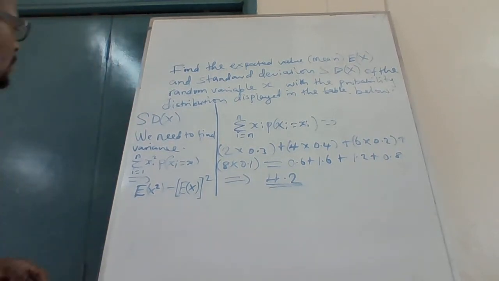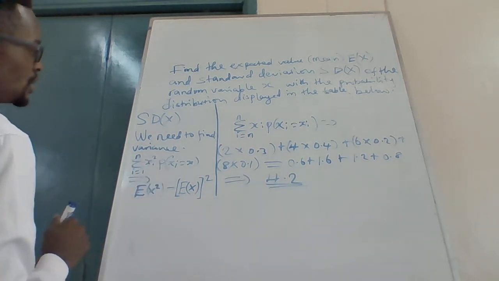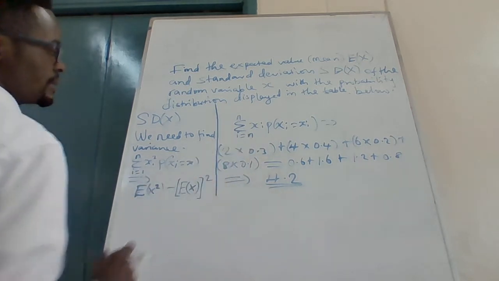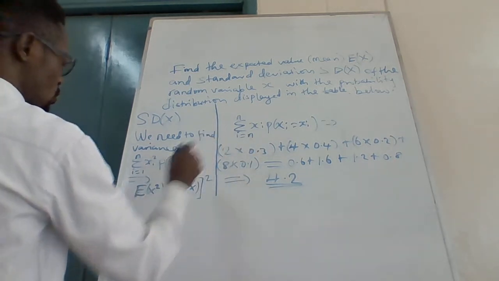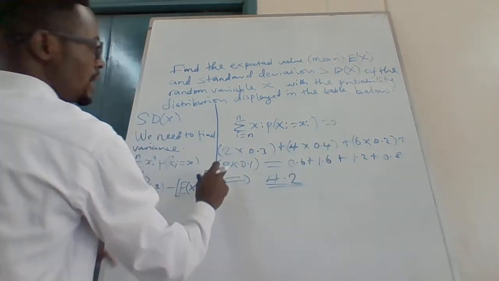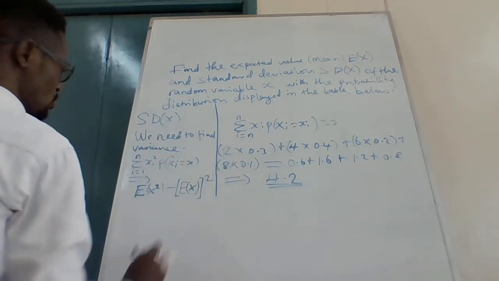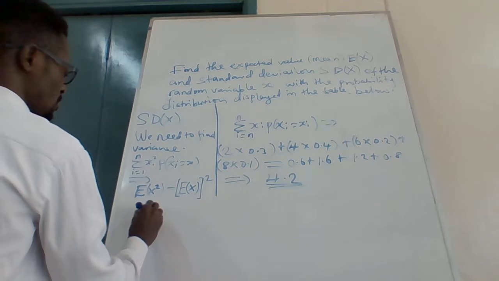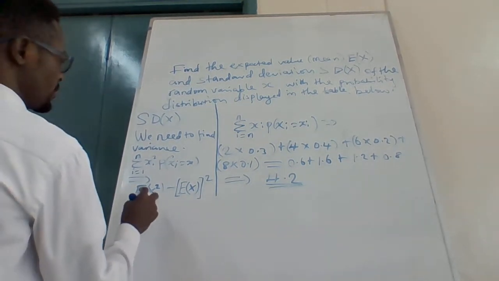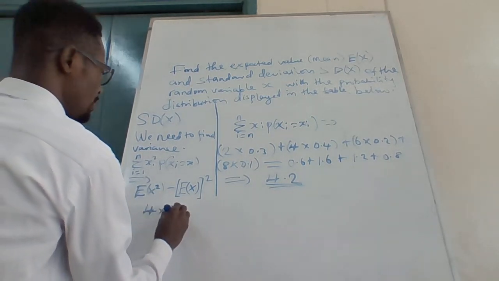This means that, what is x squared? Remember, our x was 2, 4, 6, 8. So this is our value for x. It is 2 squared, and 2 squared is going to give us 4. So 4 multiplied by 0.3